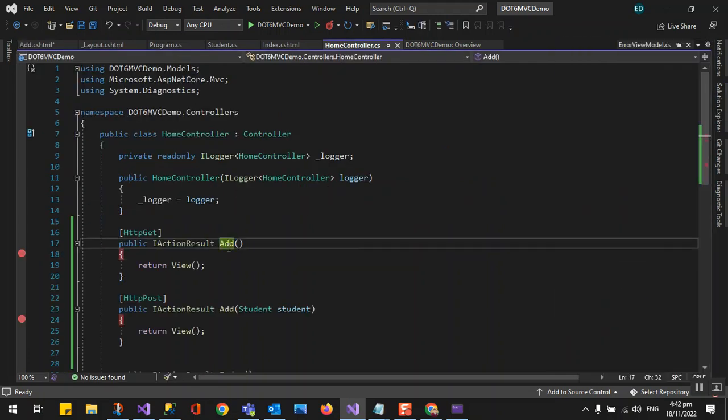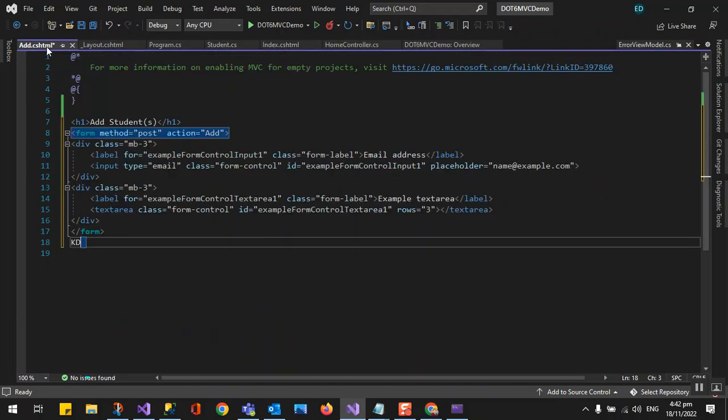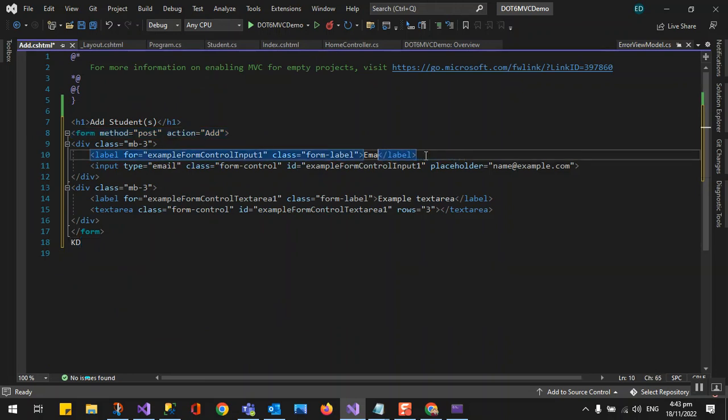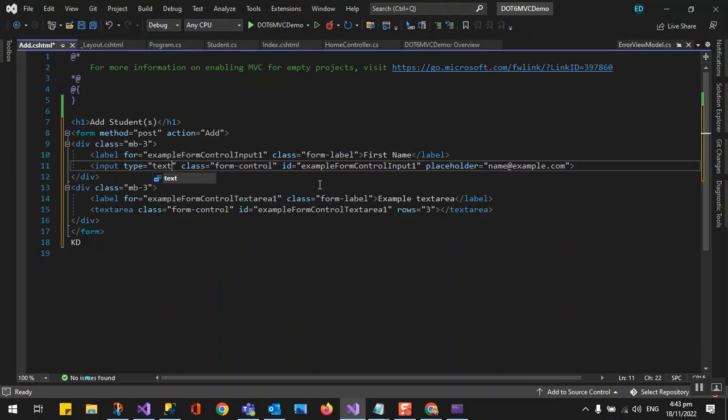So it will go to this, our add HTML. So label for, strong property. This is for student, person, and these are all of type text, and this is not needed. ID just